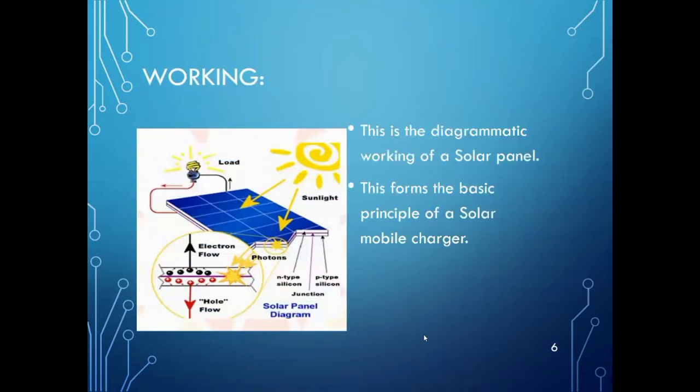This is the diagrammatic working of our solar panel. So how does it work? A solar panel works by allowing photons, particles of light, to knock electrons free from atoms, generating a flow of electricity. A solar panel actually comprises many smaller units called photovoltaic cells. Many cells linked together make up a solar panel. Each photovoltaic cell is made up of two slices of semiconductor material, usually silicon,